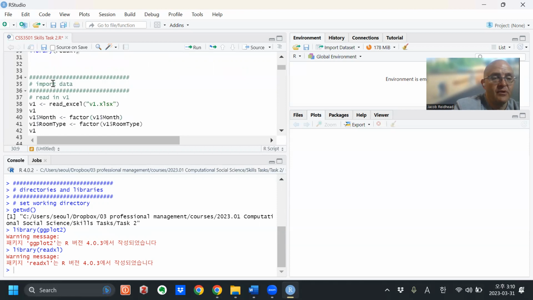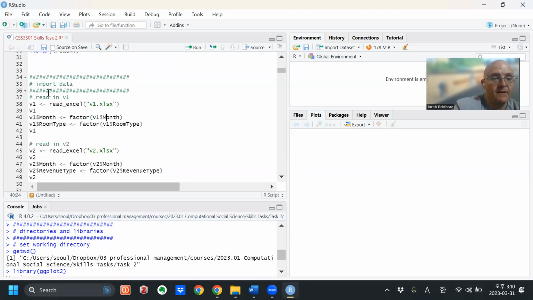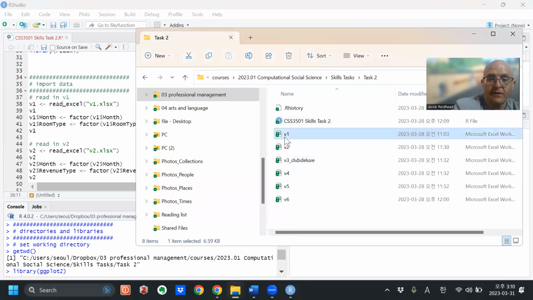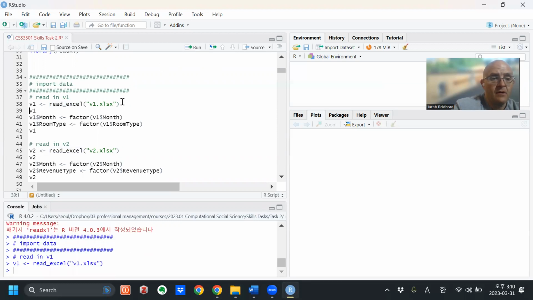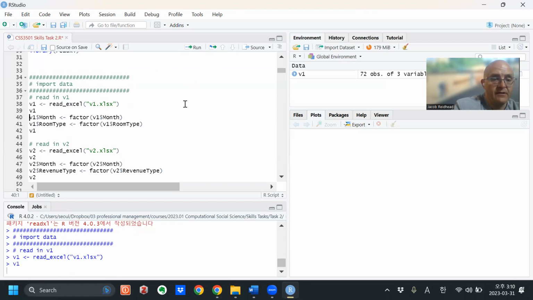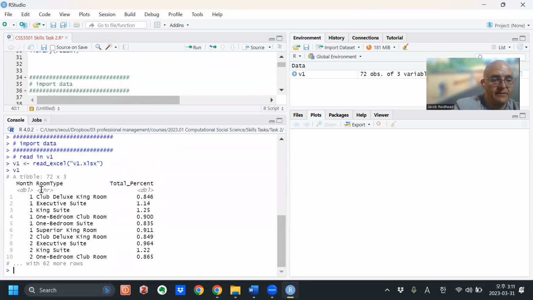Now I'm going to go down and import the data. Okay, so first I'm going to read in v1, which, again, that file is right here, v1. So I'll use the readxl function. Okay, it read it in. Now, with my cursor waiting on the next line, I want to read v1, and that'll just output v1. And you can notice it has month, room type, and total